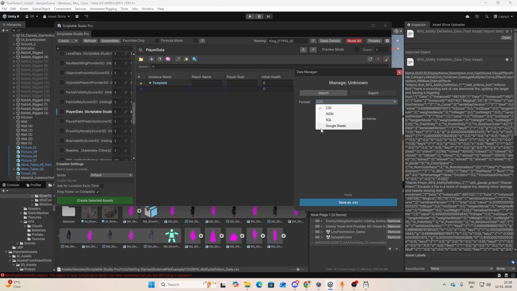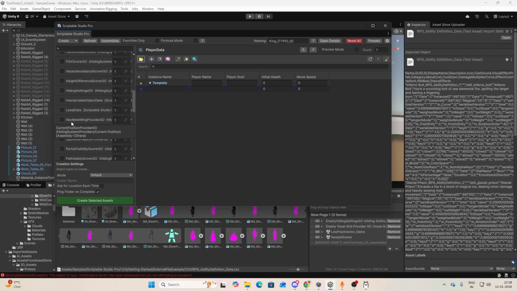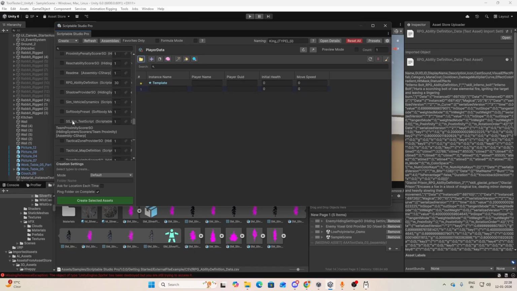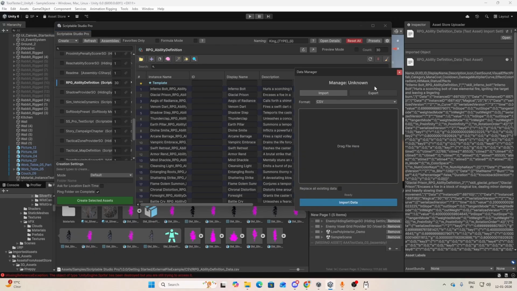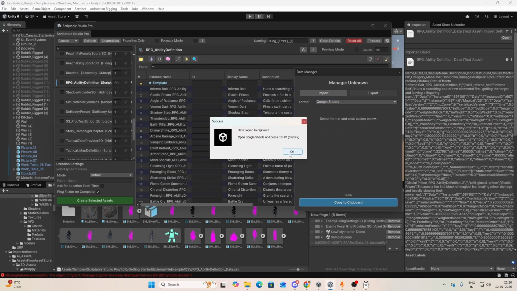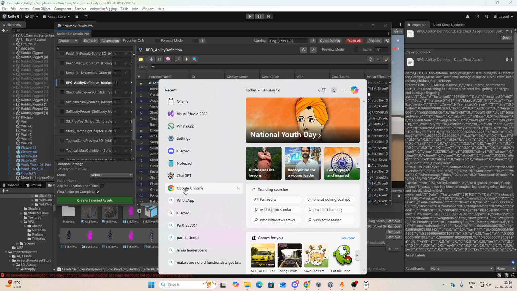And one thing to note, Google Sheet is slightly different from here. If you copy from clipboard, so let's see, I will copy here. Okay, one minute. This one, and I will copy, export Google Sheet, copy to clipboard. Okay, and I will go to